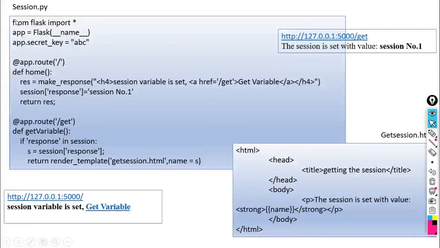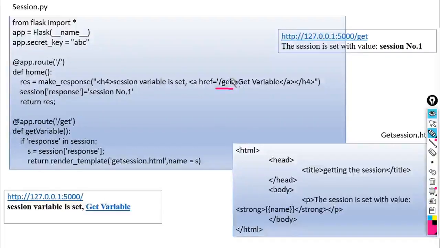Here a Python script is created, session.py. The same things are given: from flask import star, app equals Flask. Then app dot route slash, that is the home URL, and the home function is associated with this URL. Here res is equal to make response, the session variable is set, and we have provided one link for the URL slash get, with the text get variable.